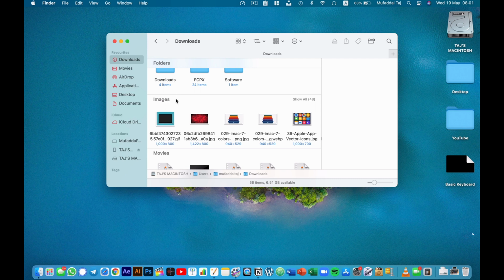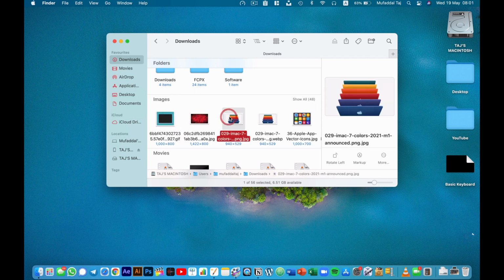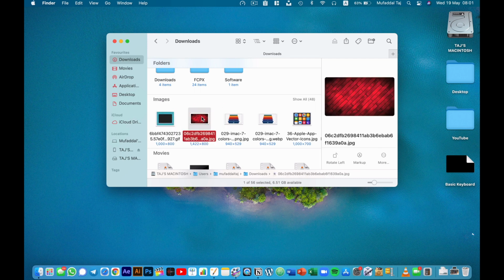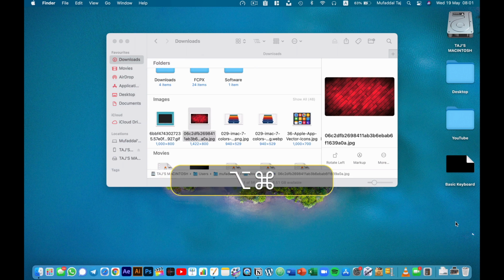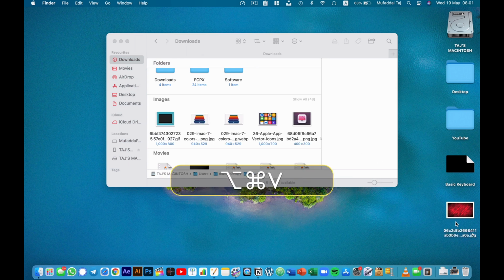If you are new, you know we can't cut and paste something like on Windows. That's because on a Mac, even to cut something, we'll have to use Command and C to copy it and then paste it normally, but with an addition. Use Option plus Command and V and it will move that item to the new location instead of copying it.